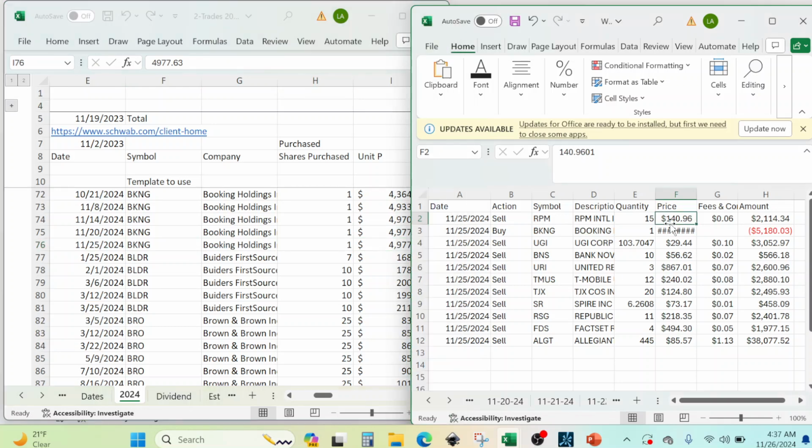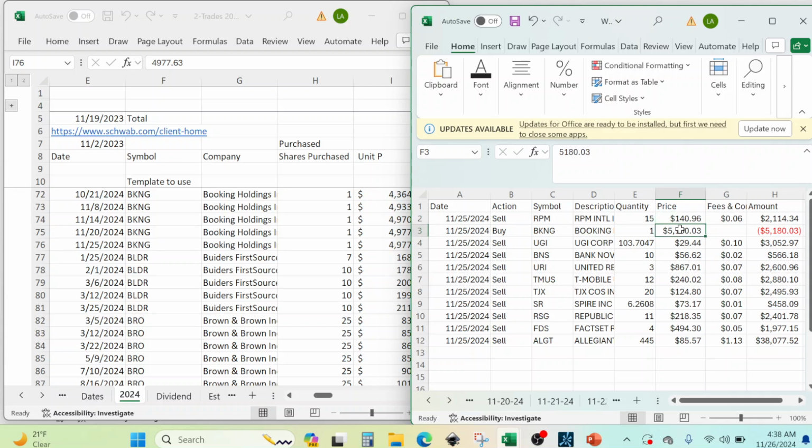and we are going to use the price here. The price went up,